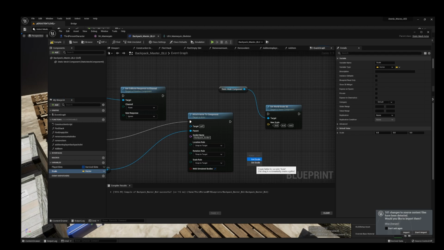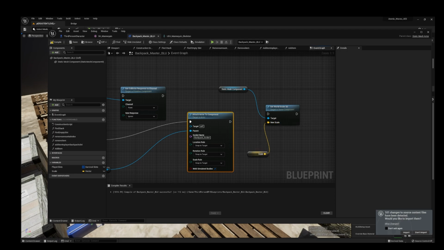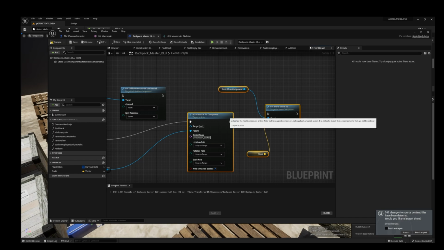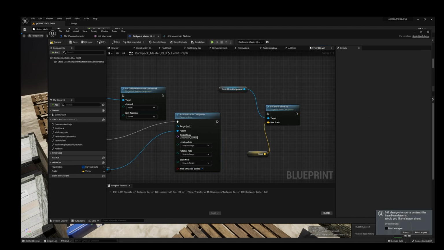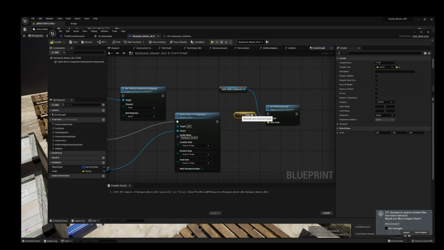You would go get scale, and then attach the scale to the new scale of Set World Scale 3D, and then attach Set World Scale 3D to Attach Actor to Component like so. But because I don't have this issue, I'm not going to do it, but this is the fix for you guys if you're having an issue where your mesh is too big, just to save you the headache of having to figure this out on your own.